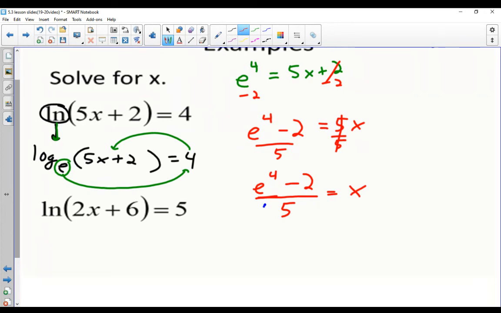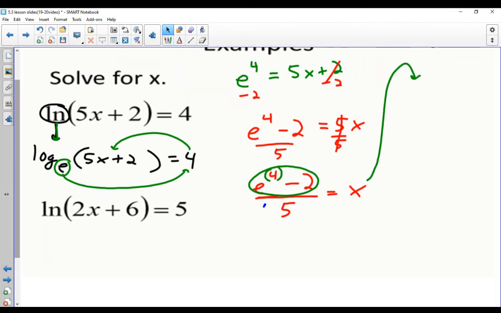Now, I recommend you do the top part first, and make sure in your calculator to put this 4 in parentheses. So, I'm going to do that over here. I'm going to do e to the 4th minus 2 first. So let's do that. In the calculator, e to the 4th, put the 4 in parentheses, and then minus 2. So then on top, I'm going to get approximately